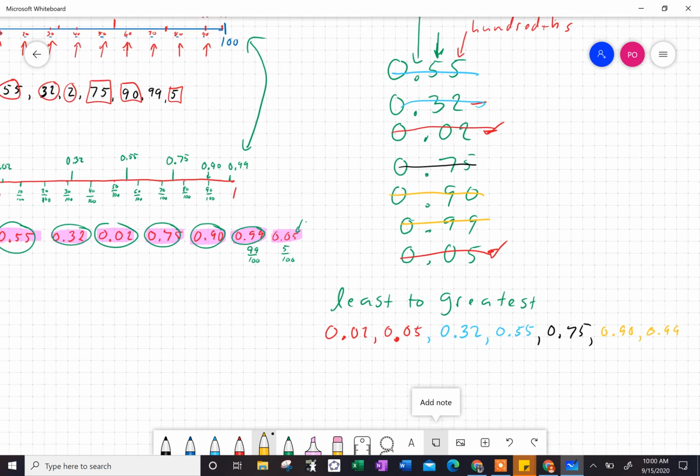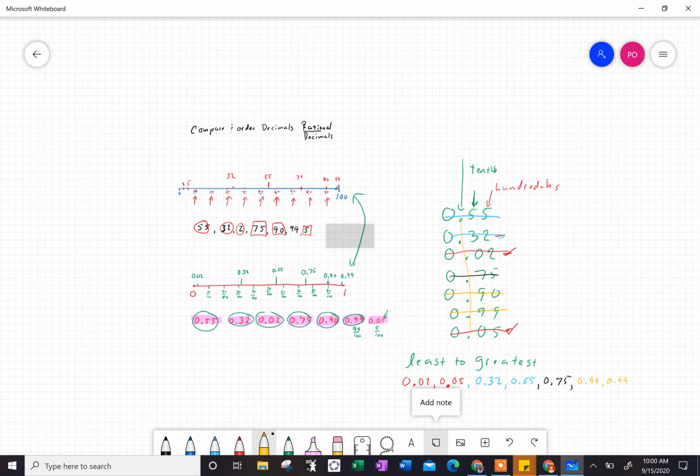Set up your decimals so they're on a line, and then look for the, if you want least to greatest, smallest tenths, and then go to the hundredths column. And that's it. And once again, if you take a look at my number line,